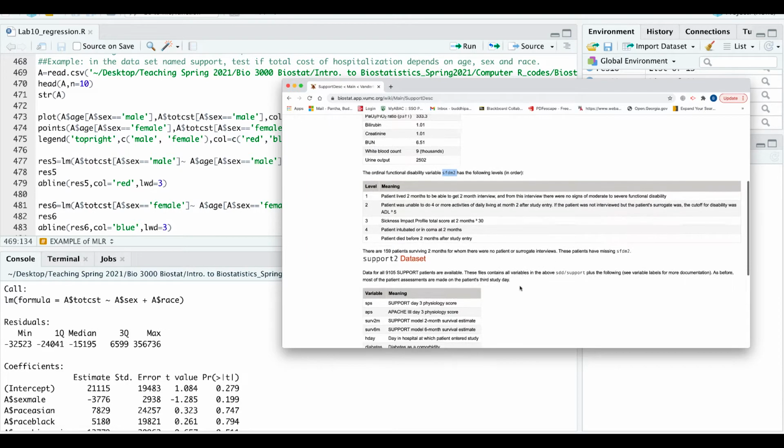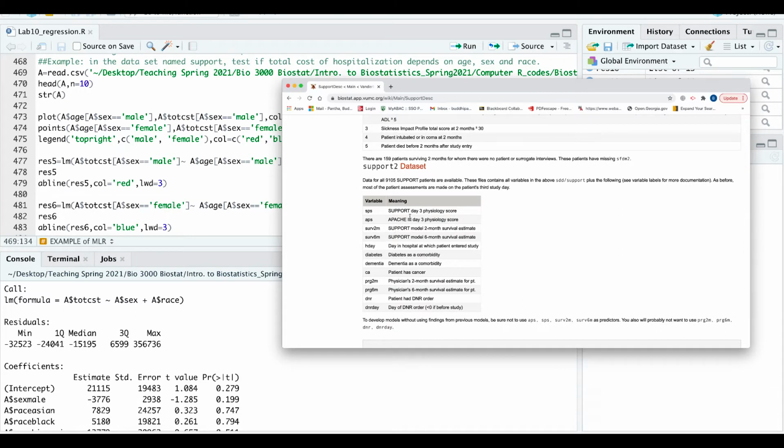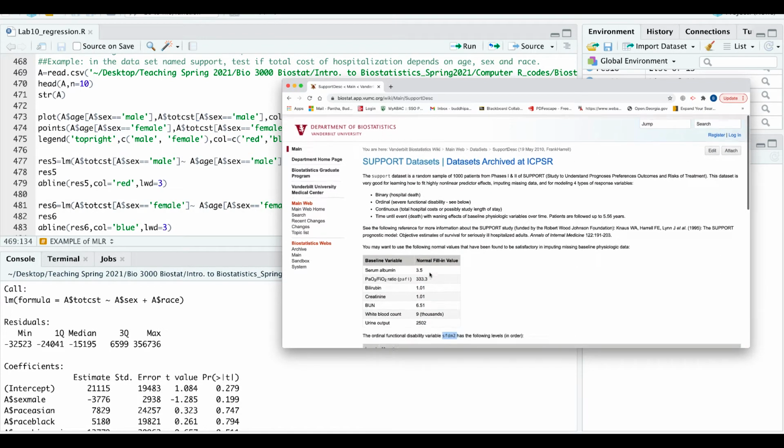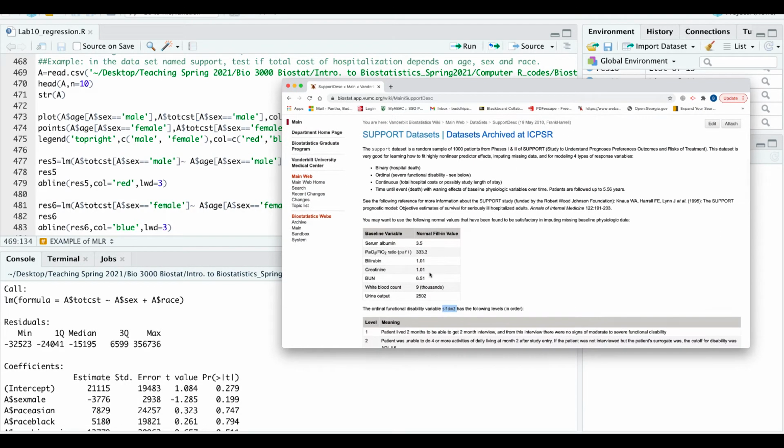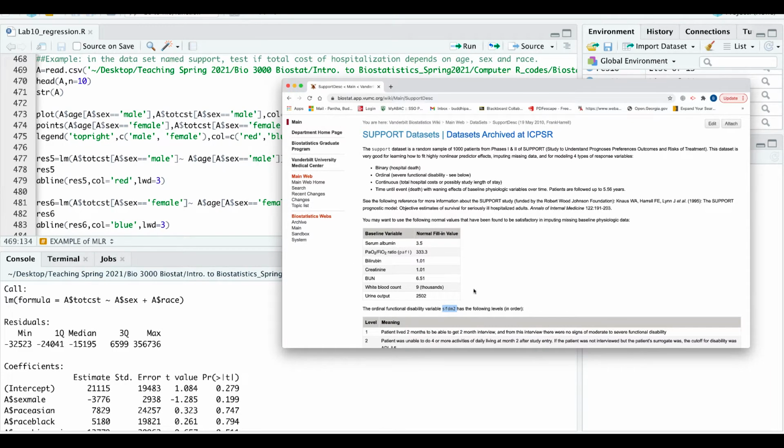You can read those. Now you see these are variable names. SPS means SUPPORT day 3 physiology score. APS means APACHE 3 day 3 physiology score. So all these things are given here. You can look. Okay. Now what I want to do here though is